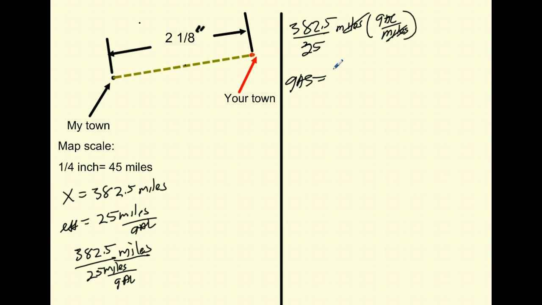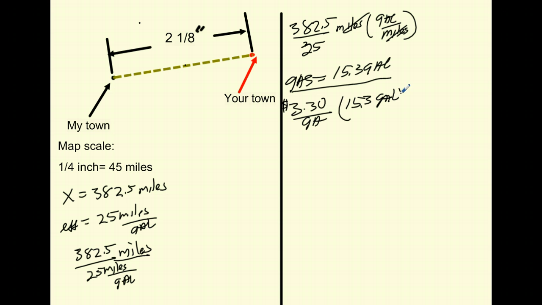So the gasoline we need is 15.3 gallons of gasoline. And if gasoline costs $3.30 per gallon, and we need 15.3 gallons of gas, then gallons cancel, and our cost is equal to